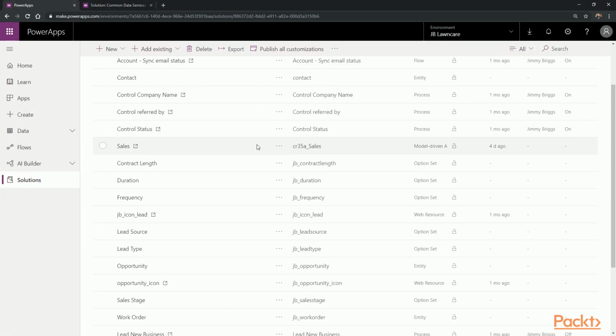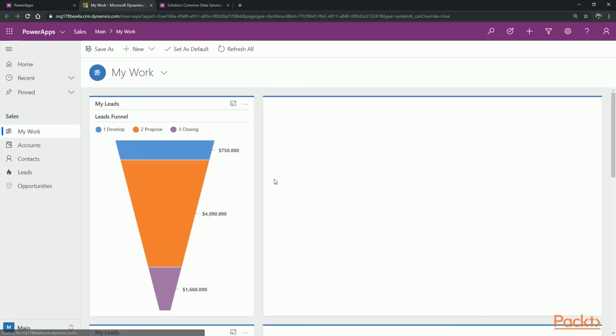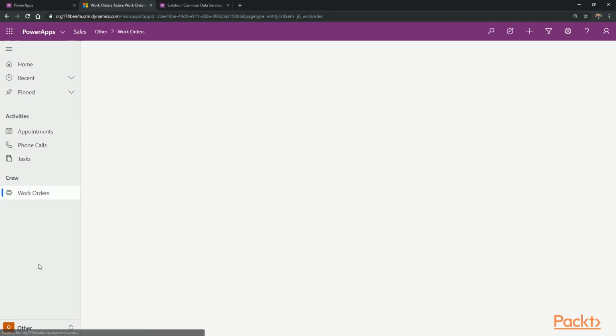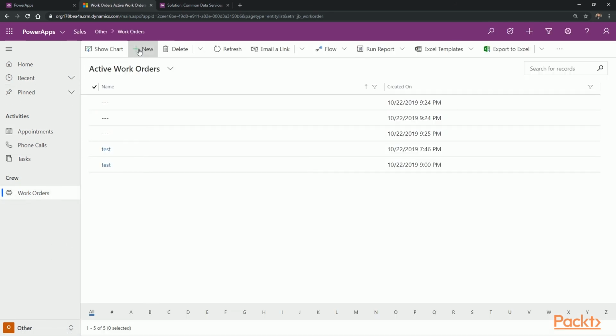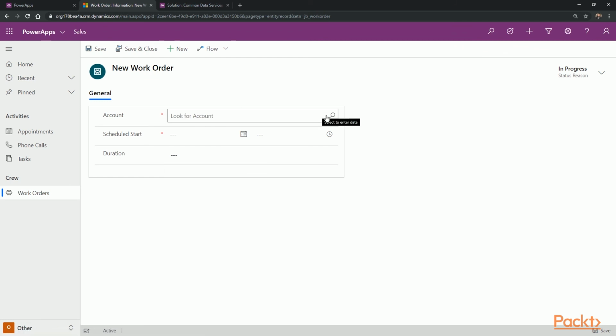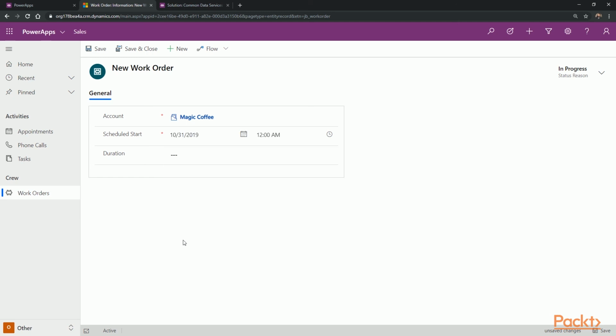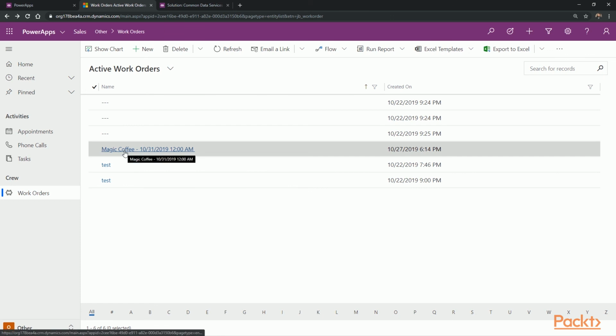And now we can open up the app and test our workflow. So select Play. Then from the main section, I'm going to choose Other, Work Orders, and we'll select New. Here I'm going to pick the account. We'll do Magic Coffee. And the scheduled start date, we'll choose Halloween. I'm going to save and close. And now we can see the name is set to Magic Coffee - Halloween,